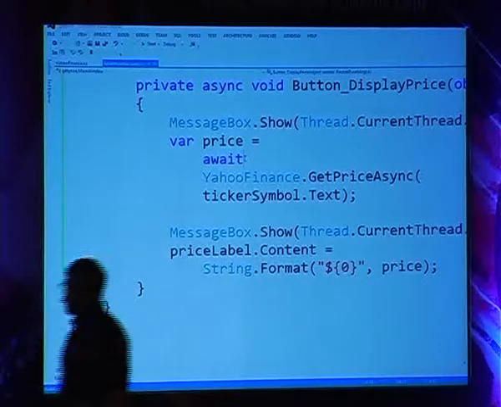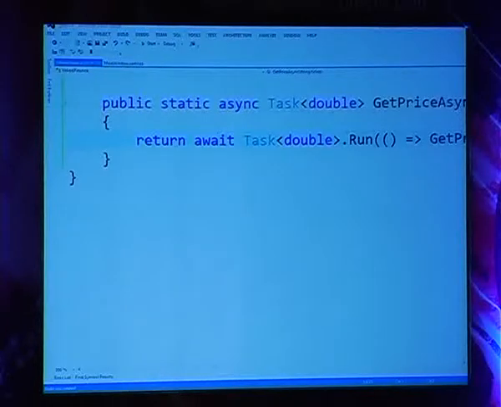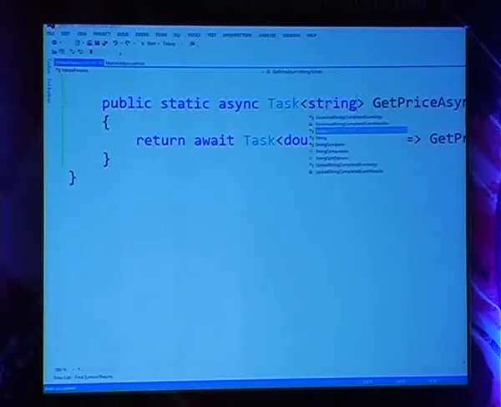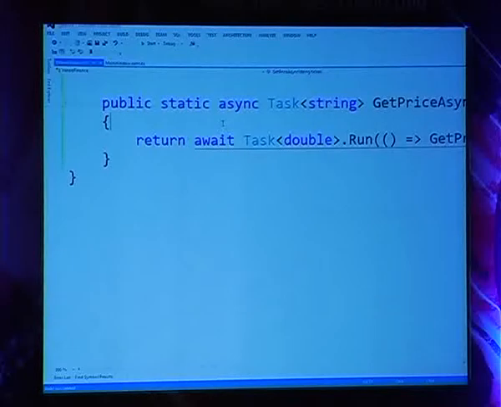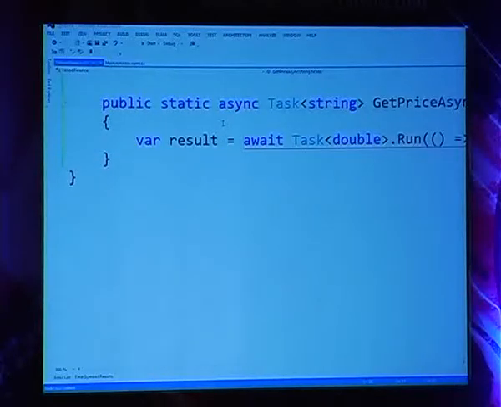But before we go further with it, let's understand the threading here so we can actually make sense out of it. So to understand that, I'm going to change it to a string. That way we can know what thread he was running in, and we can display the result. So what am I going to do here? I'm going to say over here, var result equals, and I'm going to await the result from the other method we wrote.